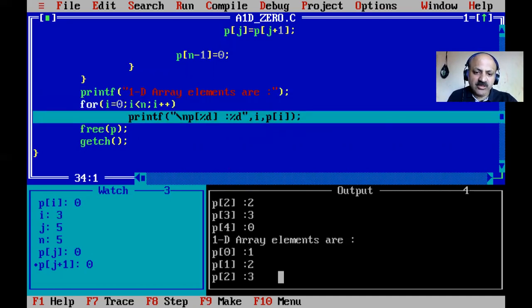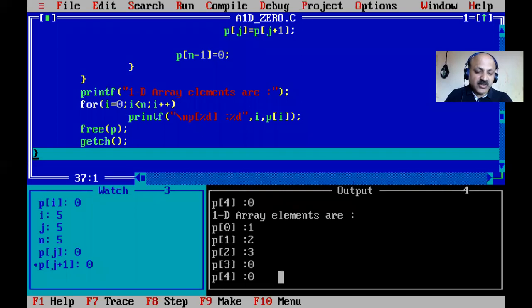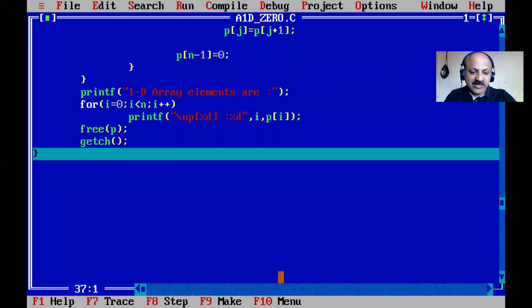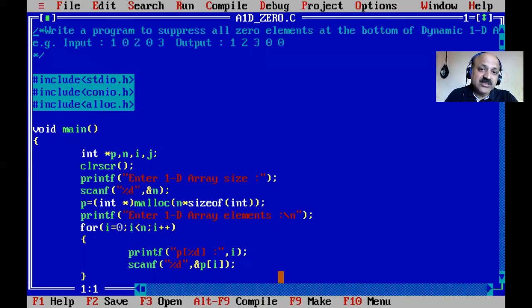So you can look at 1 2 3. So in the first round, only 2 zeros, that 1 2 is read, and all the zeros are pushed to the bottom, meaning all 0s at the bottom of our 1D array. So I think you have to understand. Yes, I am taking a watch window. You can also take different examples, meaning even odd elements. Yes, here I did 5. You can try 6, 7, 8, different sizes of array. And yes, if you